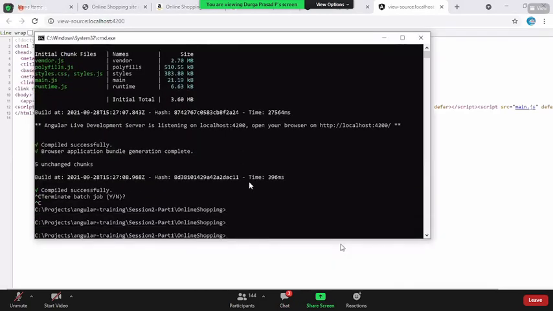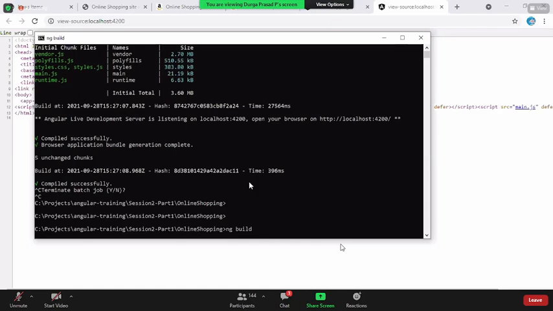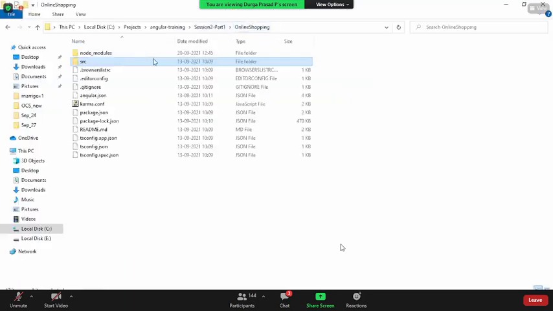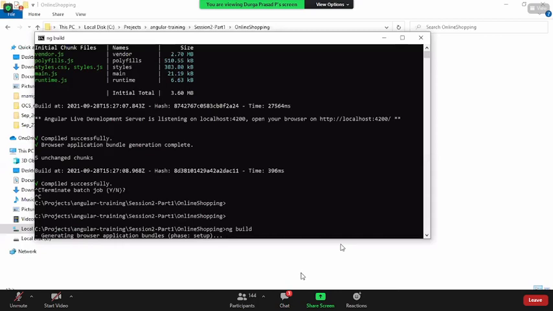Whenever you are developing, you write pure HTML, etc. But when you want to execute that, you run something called ng build. The steps will be different when you go to the React library; right now I'm in Angular. Whenever you say ng build, a new folder gets created. See here, there is no folder called dist right now, right? Now, if you see, some files will be coming.